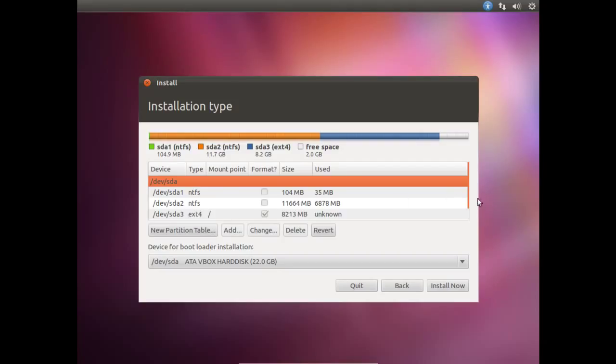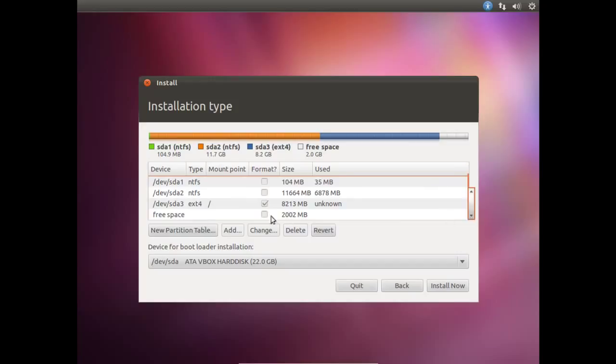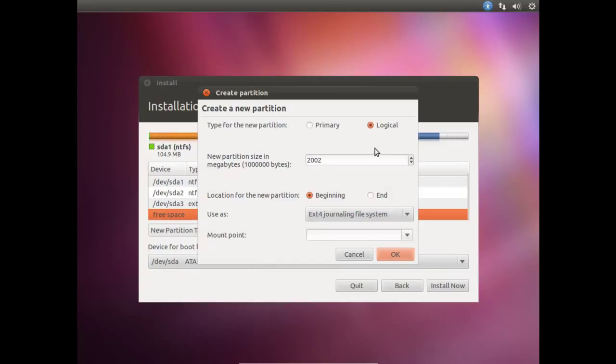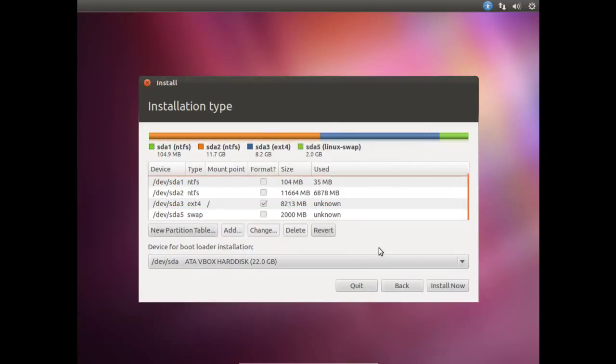Now we need to scroll down, find our remaining free space of 2000 megabytes, and we need to add, and leave it there, and I'm just going to set this to a swap area, and we're going to click OK. Alright, now you can see we have an SDA5, which is considered a Linux swap area or a swap partition. So we'll go ahead and click on install now,